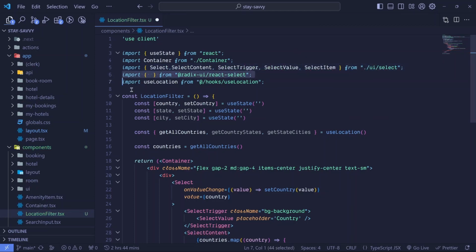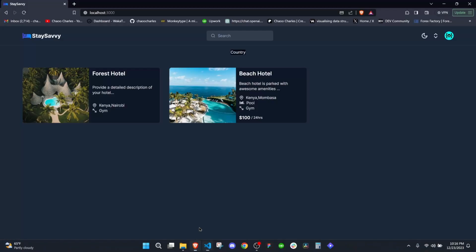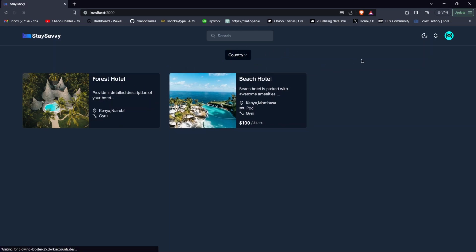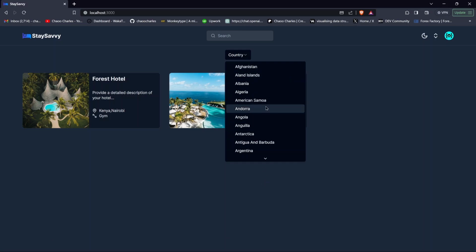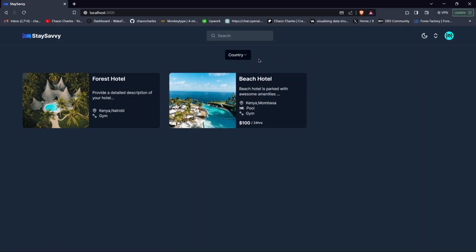So I remove this one and I save. It should look nice. It should look very nice. And there we go. And when I select, you see, it should look very nice. Okay, very nice. So we will list now another one at the side here for state and another one for